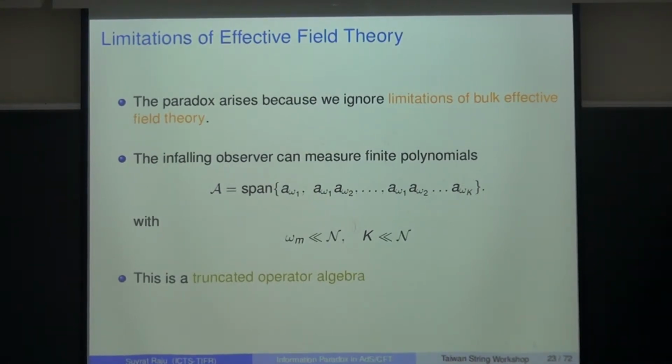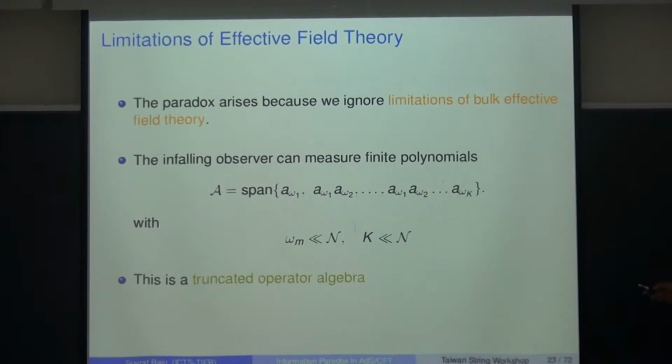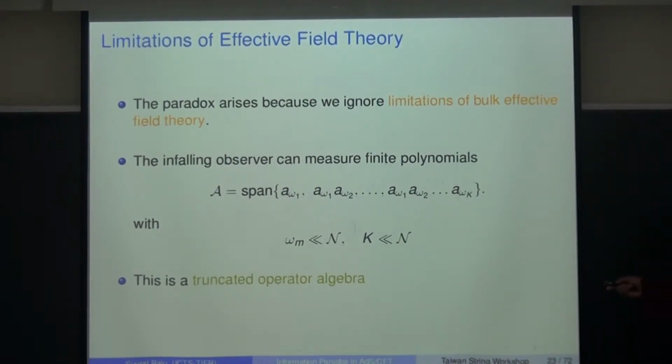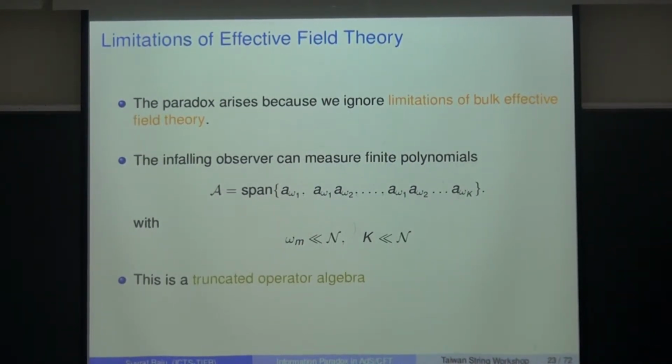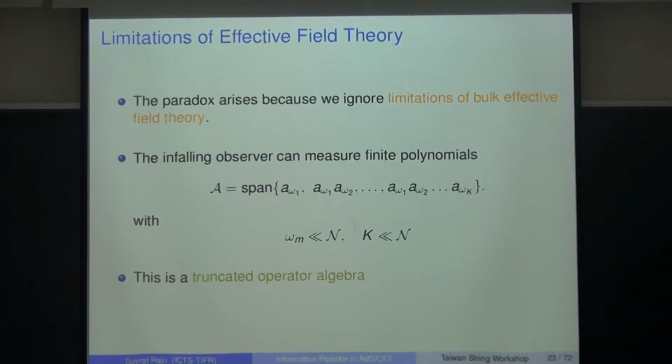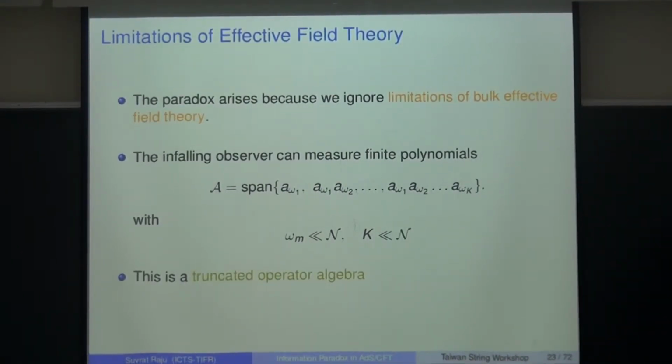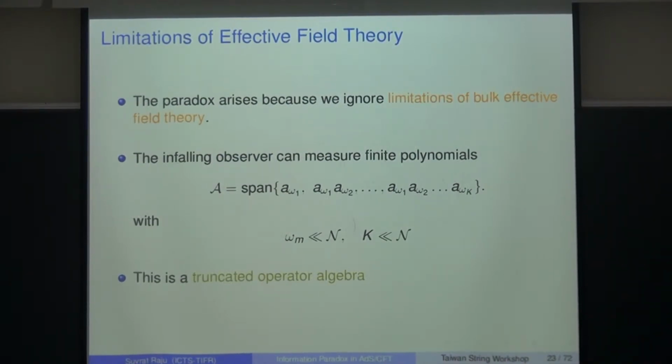Okay. But the infalling observer is not allowed to measure arbitrary products of modes. So you can measure some product of local fields up to some limit, which is K. And there are two kinds of limitations I need. One of the limitations we already saw in the spin chain, which is that the number of insertions should not be too large. There is another limitation which is important in the CFT that didn't exist in the spin chain, which is that the individual energy of any insertion should be much smaller than the central charge. Okay, so if you want to get bulk effective field theory outside and inside the horizon, then you shouldn't be allowed to excite states of arbitrarily high energy, and you shouldn't be allowed to excite states with arbitrarily many insertions.